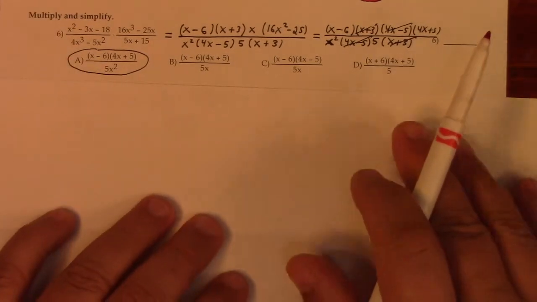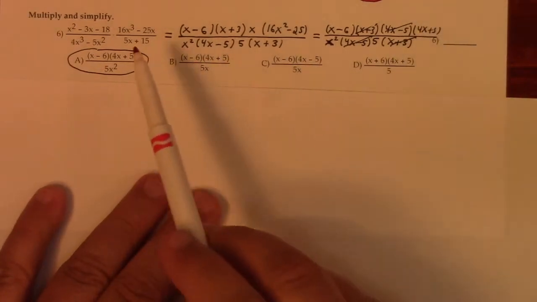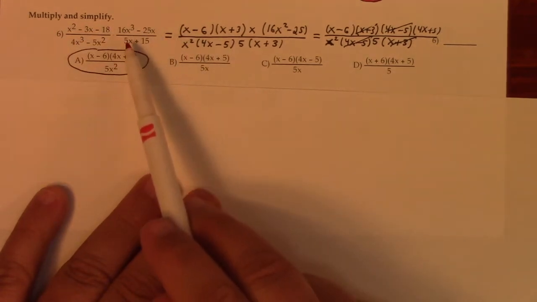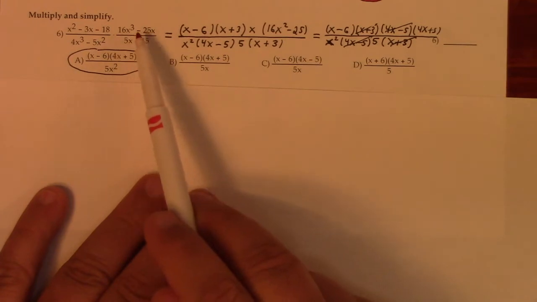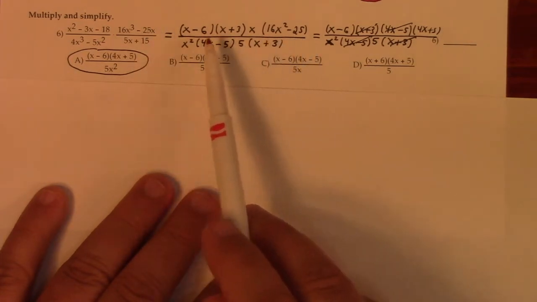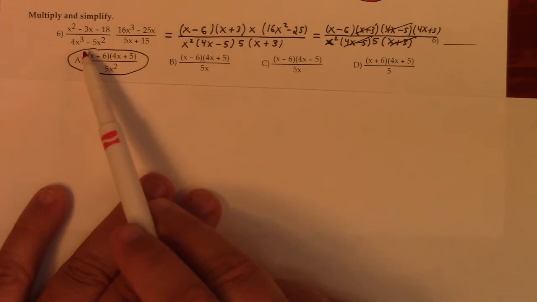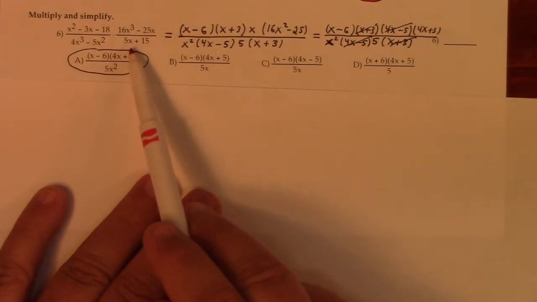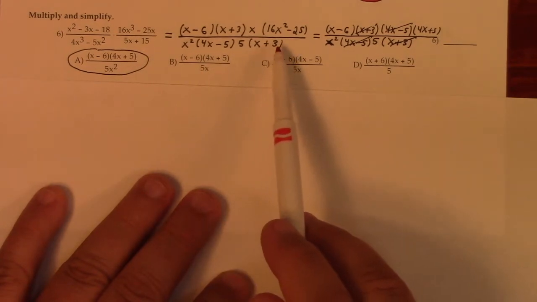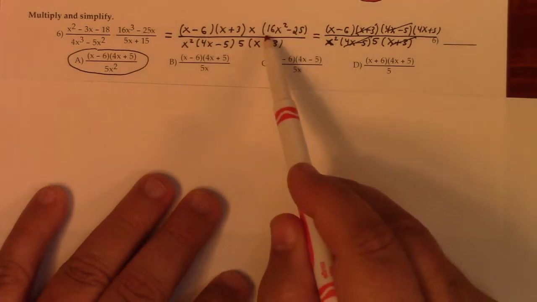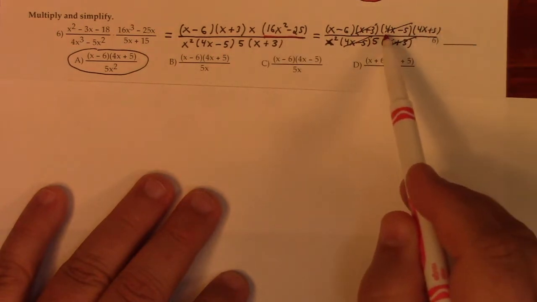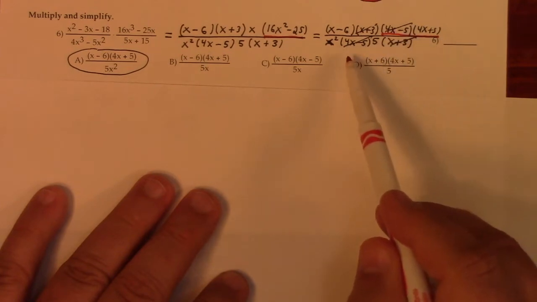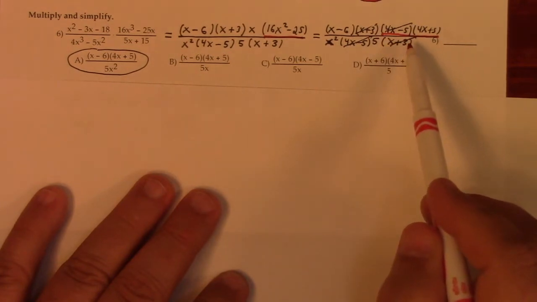Multiply and simplify. So I factored that into x minus 6 times x plus 3. This one, I pulled out an x, and it left me 16x squared minus 25. Downstairs, I factored out an x squared, and it left me a 4x minus 5. And then I had factored out a 5 to have 5 times x plus 3, right? Aha, but this is the difference of squares right here, right? So that term factors to these two terms. And then that reveals that this and that cancels, and of course x plus 3 and x plus 3 cancels, and it leaves me with